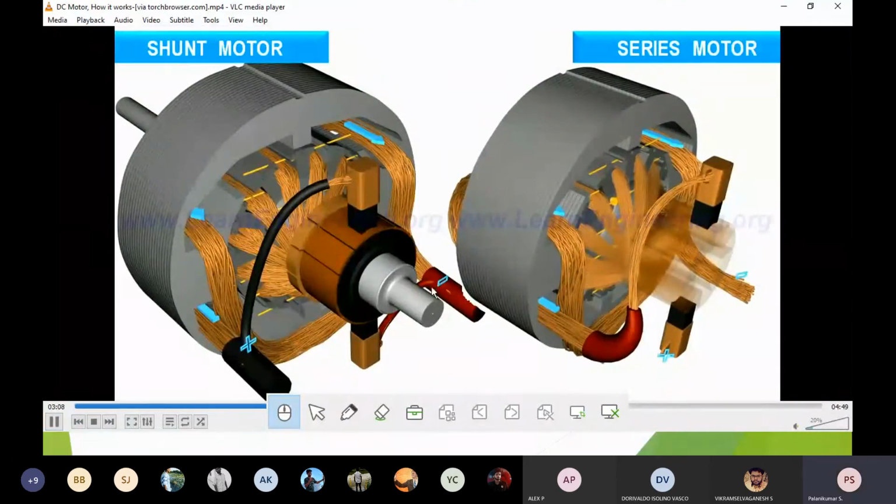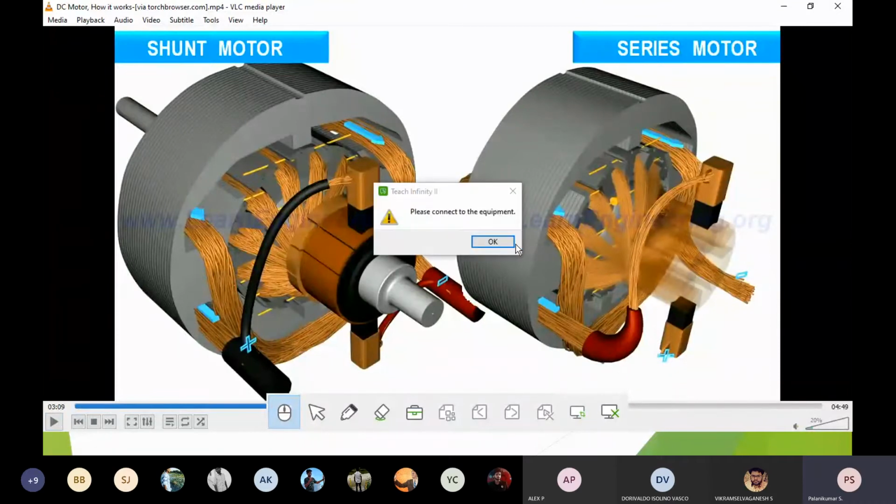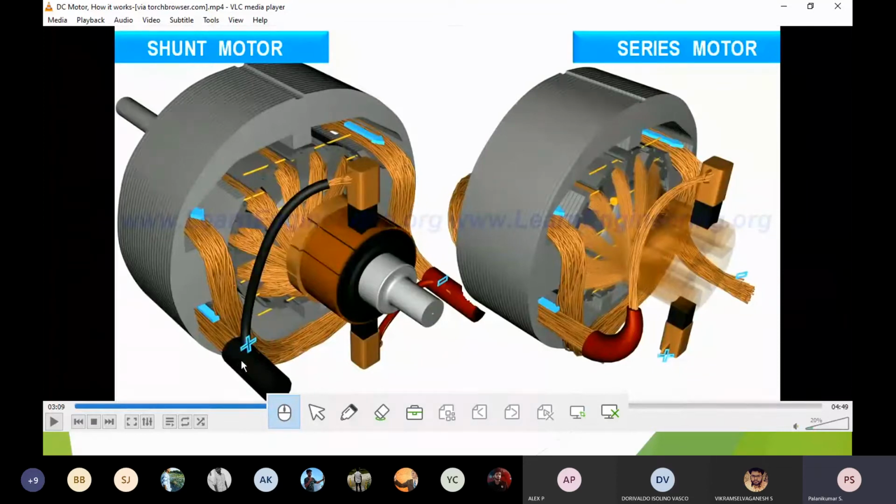So there are two different connections, and here you can see the distinction. In the parallel one, suppose this is F and this is A: F and A are connected to the same terminal, and FF and AA are connected to the same negative terminal. But here, F is having, suppose this is the plus end, through which the current enters and leaves through the coil, then goes to the other end of the coil. So it is a completely series connection. There is no parallel connection. That is why it is called a series motor.